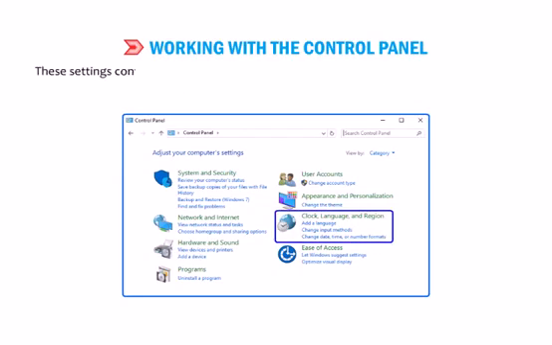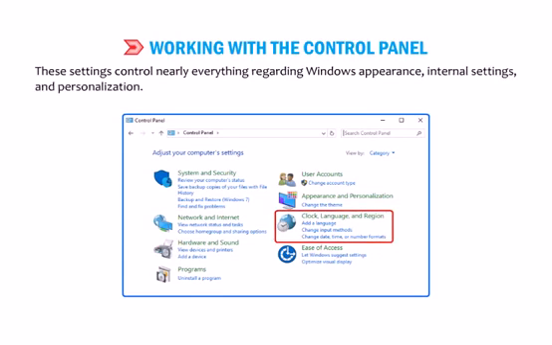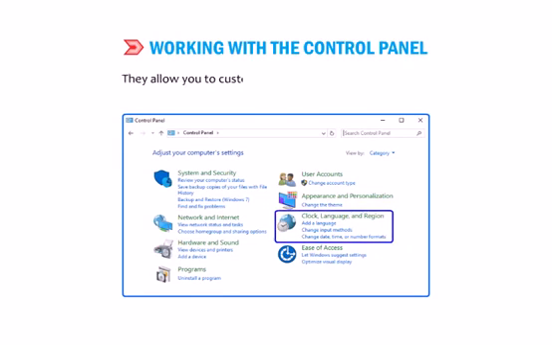These settings control nearly everything regarding Windows appearance, internal settings and personalization. They allow you to customize Windows the way you want.